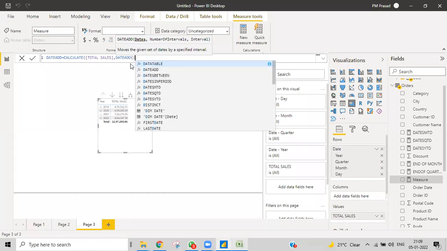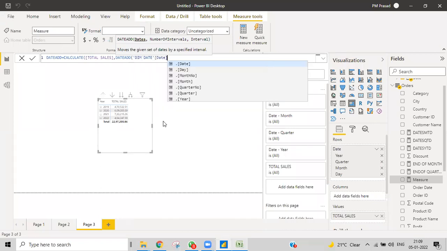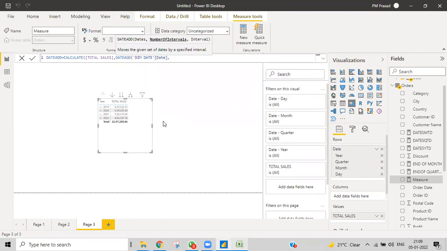Again we need to give the dates, so my date is dim date. After that, the number of intervals I want to take, let us suppose -3, and then the interval. You can even go for 3 days.